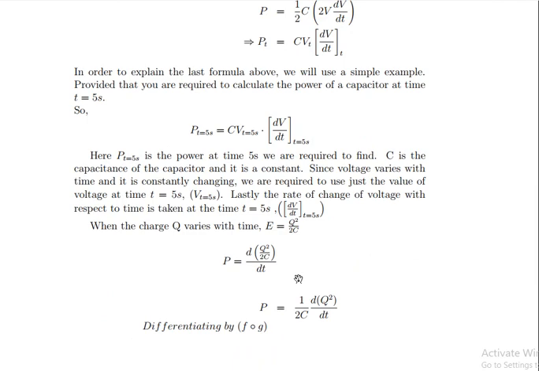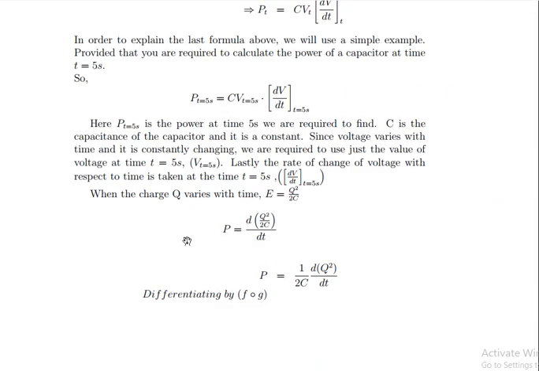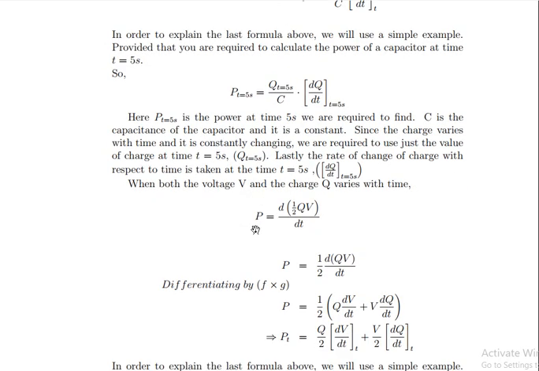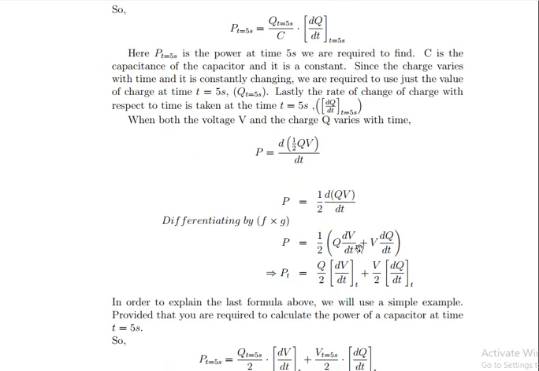Now when the charge varies, the energy is Q squared over 2C. When you substitute, you are going to have the formula of power. Power is equal to Q(t) over C times dQ over dt. And when both the charge and the voltage vary, you are going to have